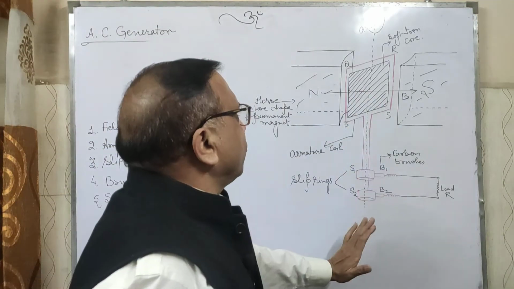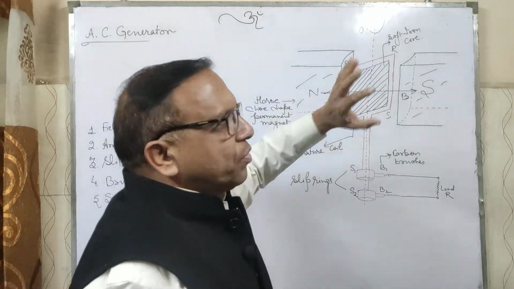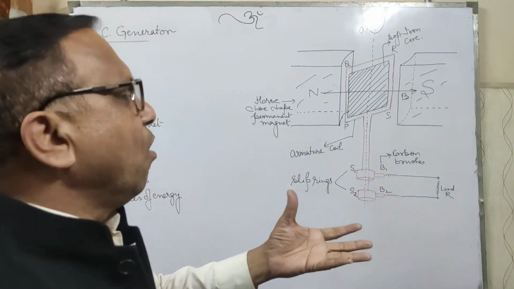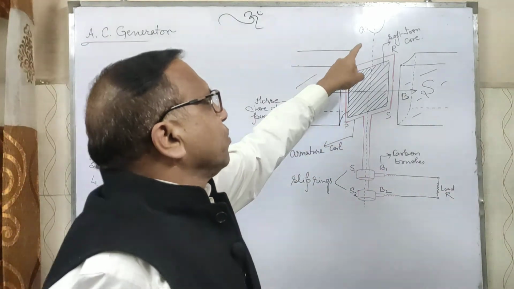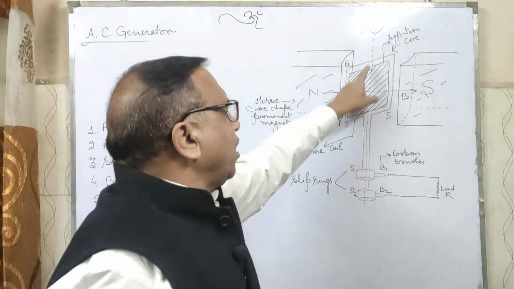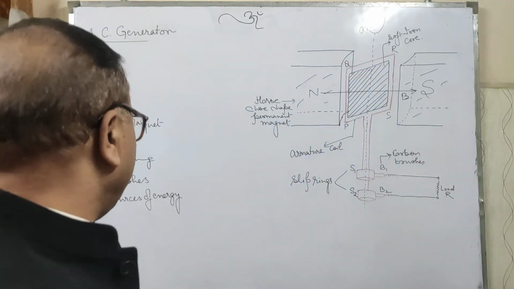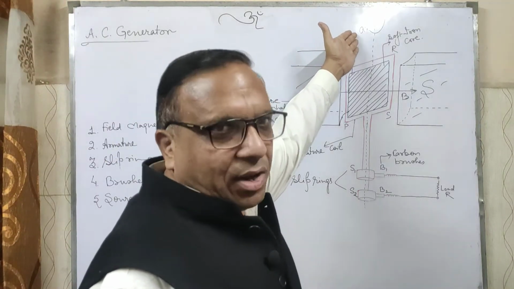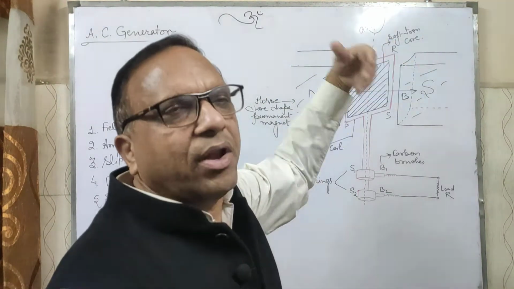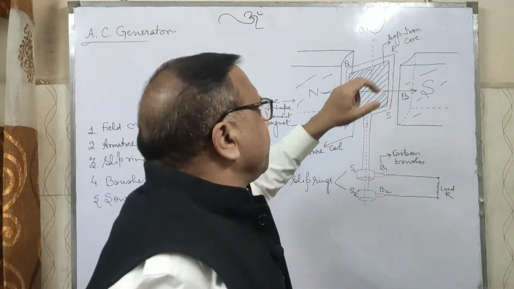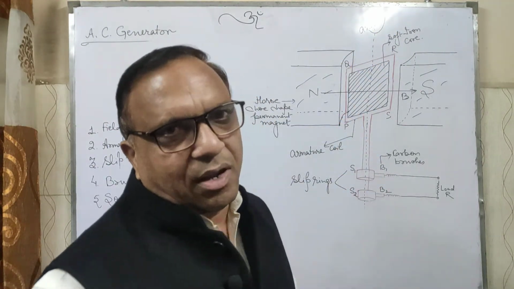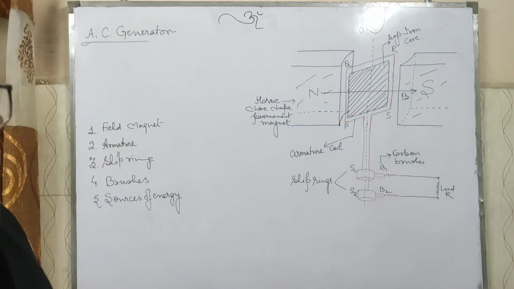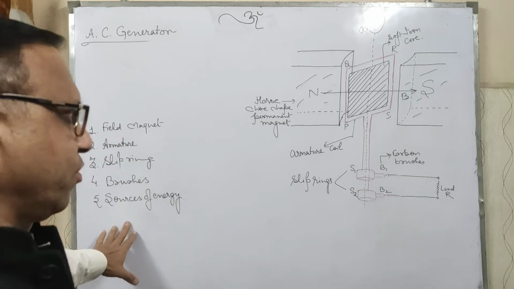That is about the construction. With the help of an external source, maybe a turbine, motor, or any engine, we rotate this coil. This dotted line is the axis of the coil. That is a source of energy by which we provide mechanical energy by the engine, turbine, or any other source, and it is converted into electrical energy. In this way it obeys conservation of energy. I think the construction is clear.